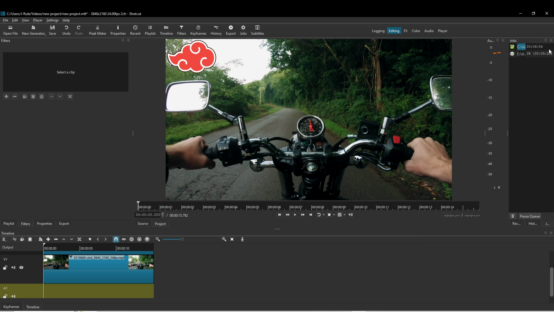While the export runs, you can let it finish without clicking anything else. Avoid closing Shotcut or shutting down your computer until the job is complete. If your system feels slower during export, that's normal. Rendering uses a lot of processing power. You can keep an eye on the progress bar, and when it reaches 100% and shows that it's done, your